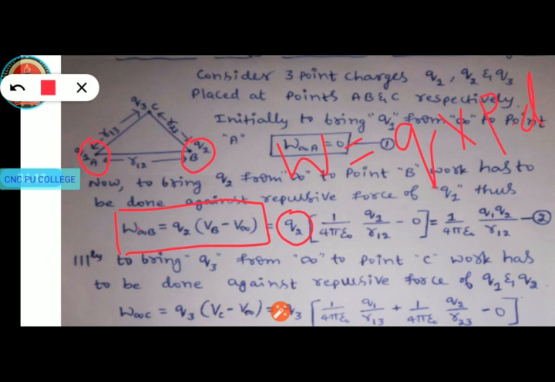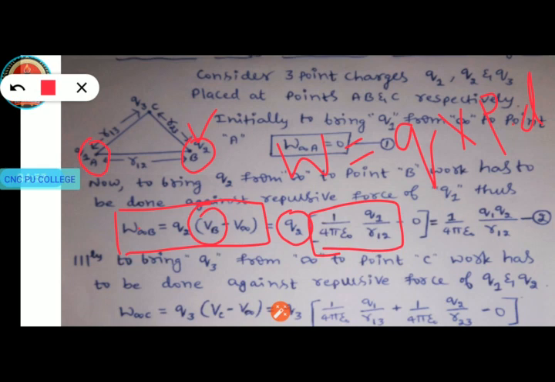VB, what is VB? Potential at position B. That potential is due to which charge? The charge present at A, that is Q1. Therefore this VB can be written as 1 by 4 pi epsilon naught Q1 by R12, where Q1 is the charge present at A and R12 is the separation between A and B. It is very important to understand. We are simply considering work done is equal to charge into potential. W infinity B is equal to Q2 of VB minus V infinity, and V infinity is 0.